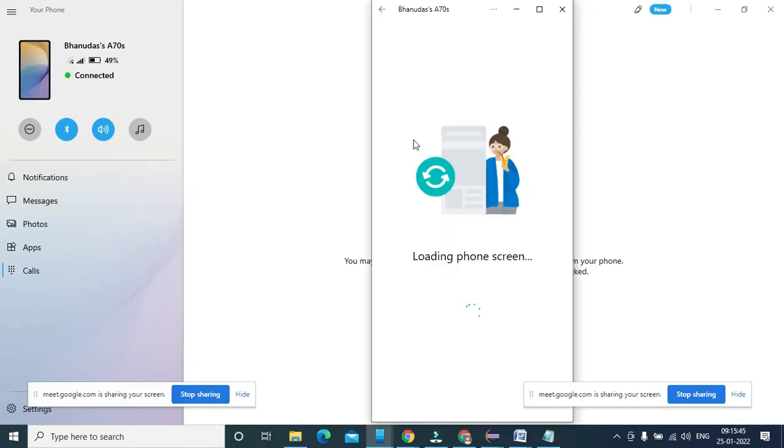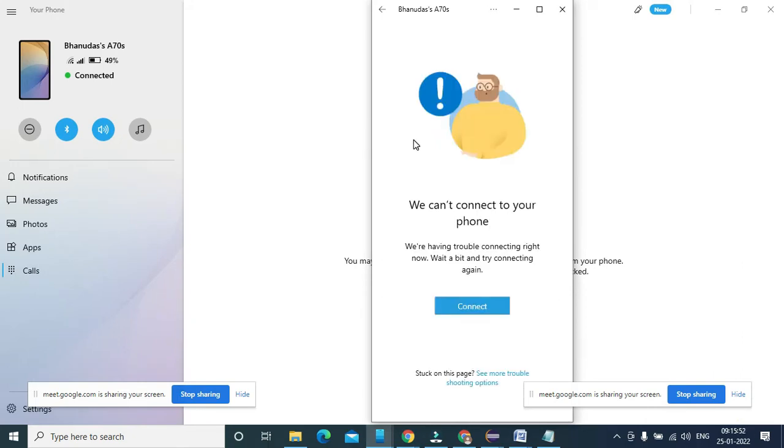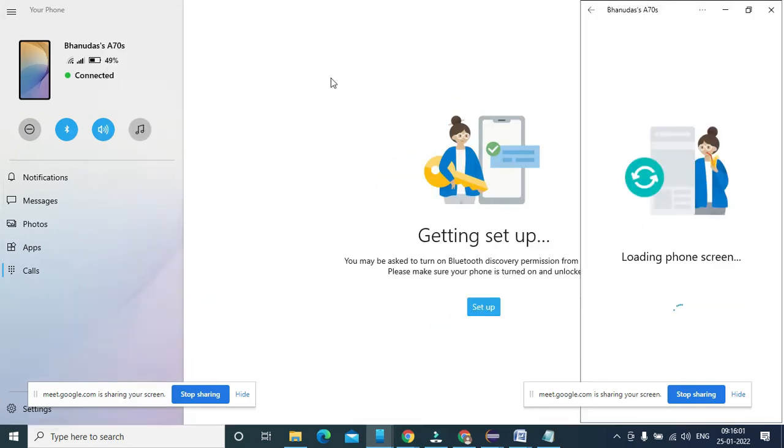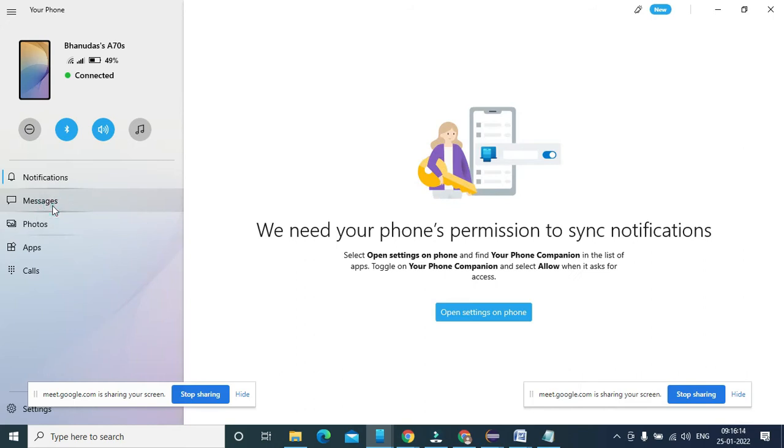Showing connected. We can't connect. There are two phones, I think. Okay, we will go to settings.